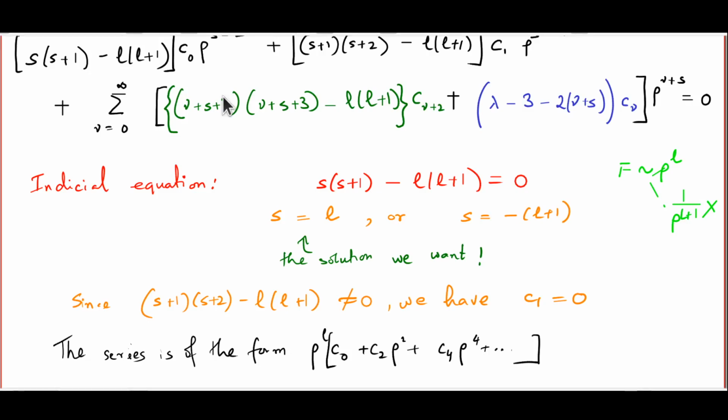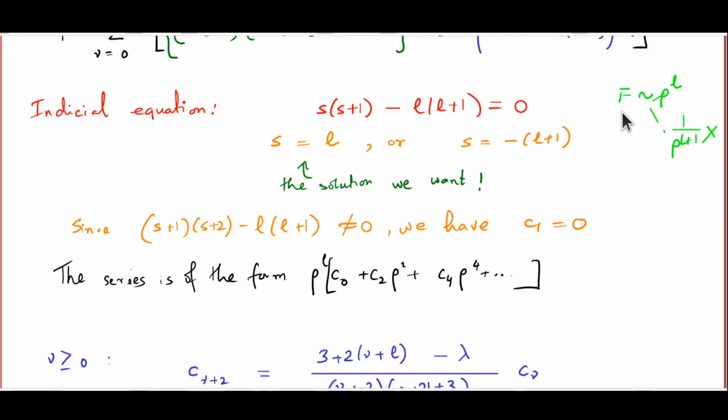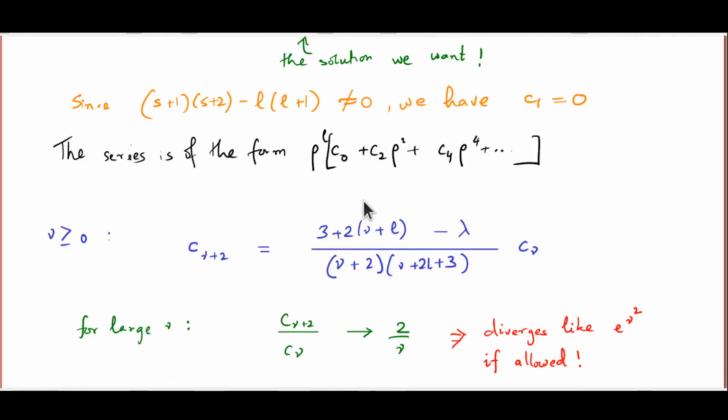The next step in solving the problem, of course, is to find out the relationship between the coefficients, and that's straightforward. You just equate this coefficient to 0, and that will immediately tell you that c nu plus 2 is basically this expression, (3 plus 2 nu plus 2l minus lambda) by (nu plus 2)(nu plus 2l plus 3) times c nu. So this will give you c2, c4, c6, c8 in terms of c0, and that will help us build up